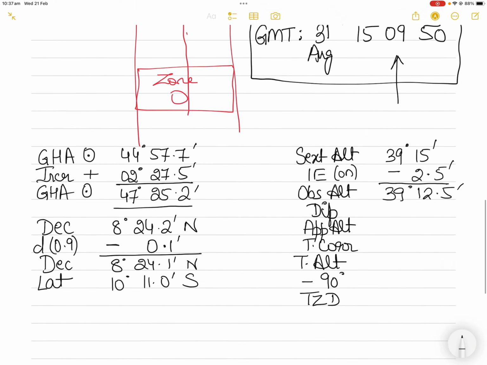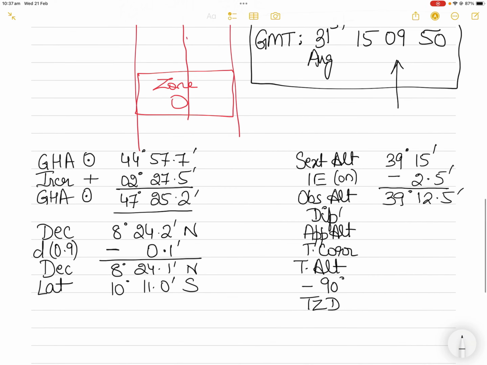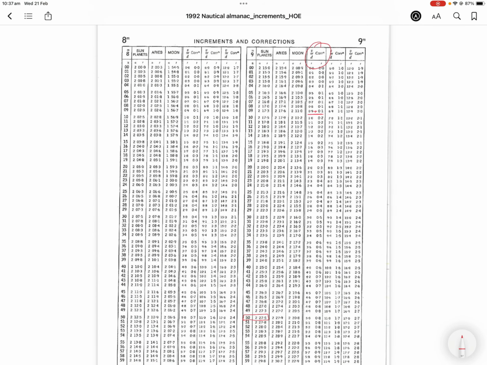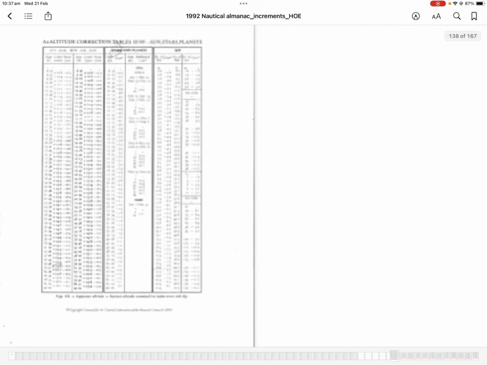Height of eye or dip is 17 meters. Height of eye is 17 meters. So you will have to go into the nautical almanac and find the correction for height of eye. Here I have to go a bit back and forth because I have to show you guys, otherwise you will get confused. So I will show you how I found out the height of eye correction for 17